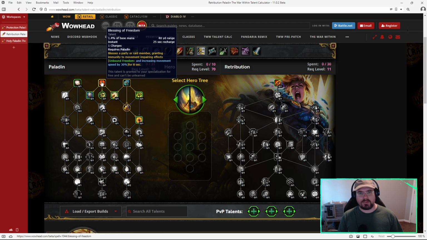When we get into the Retribution Paladin, now we are getting Blessing of Freedom. This will bless a party or raid member, giving them immunity to movement impairing effects. Not really a big deal, but we can pair it with a talent later on, which I like, that gives us a little bit more movement speed, which as a Paladin, we don't have a lot of. So in my opinion, getting Blessing of Freedom is a mandatory pickup